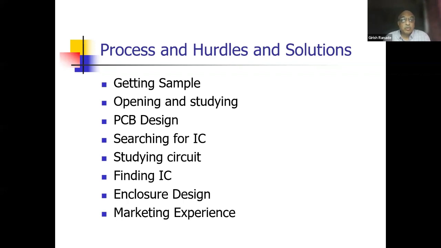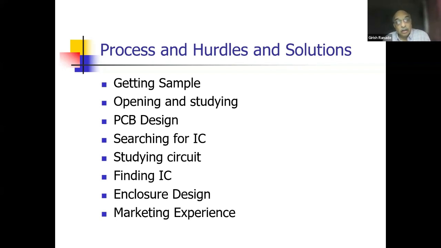At that time there was no Google, nothing. So there was one beautiful book called IC Master, and it was available in ETDC Pune, in the Agriculture College, which is CEDT and CET and ETDC. Even today it is at the same place, and IC Master was available. I frantically searched for that IC, but the IC number was nowhere. Then I thought it must be some ASIC. But since I knew a lot about harness testing, I thought this cannot be an ASIC. This has to be some standard IC.